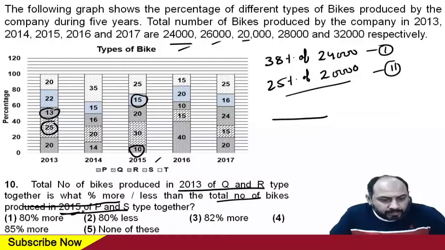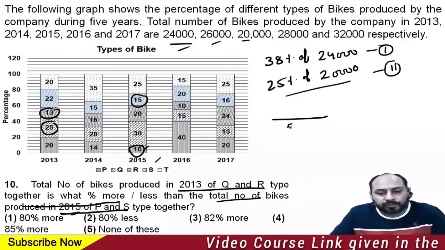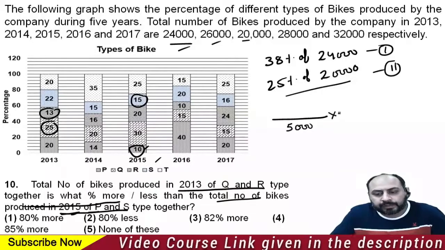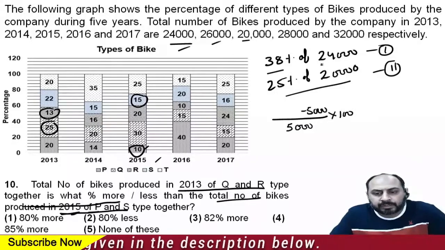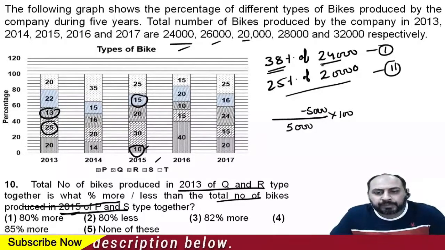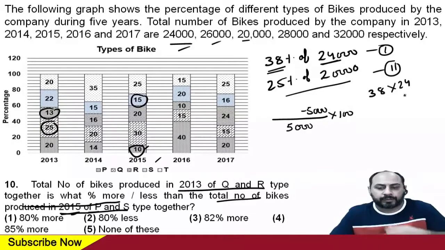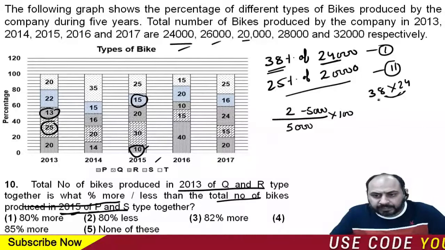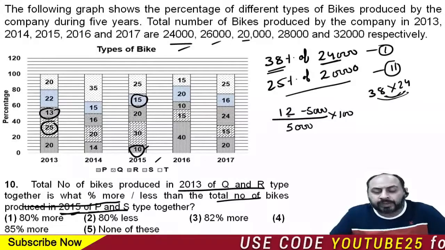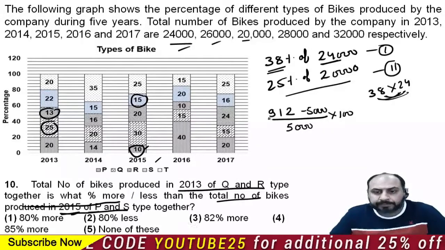So P and S is 25% of 20,000. That happens to be 1/4 of it. So 1/4 of 20,000 would be 5,000. And how much is the other? We're supposed to calculate 38% of 24,000. So we simply multiply 38 and 24, right? 8 fours are 32, 2 carried over 3, 16 and 12 is 28, 28 and 3 is 31, 1 carried over 3, 3 to the 6 and 3, 9, right?